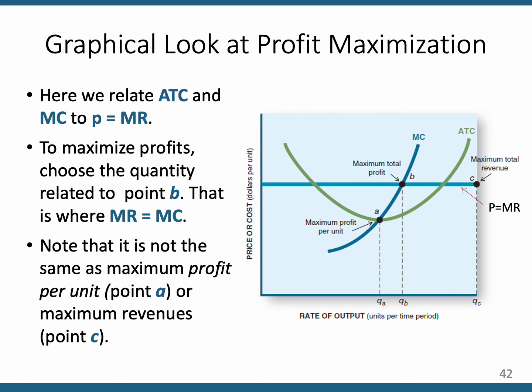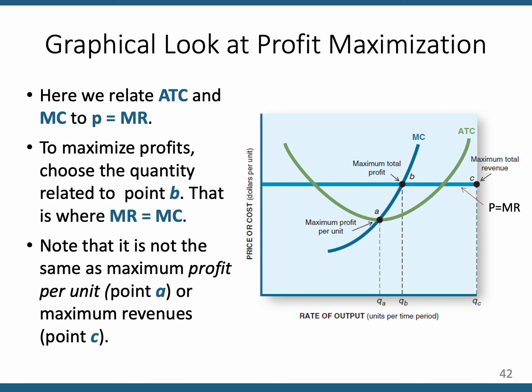Here's a generic graph for a purely competitive firm. Again, the horizontal demand curve where price comes from, that's also marginal revenue. We have the U-shaped average total cost curve, and then the marginal cost curve increasing at an increasing rate going uphill. Remember that the marginal cost curve intersects the average total cost curve at its minimum, at the bottom of the U. You might think that's the best place to produce, but it's not. I mean, that's the biggest vertical distance between average total cost and price, which is average revenue. That gives you the largest per unit profit, but that's not your goal.